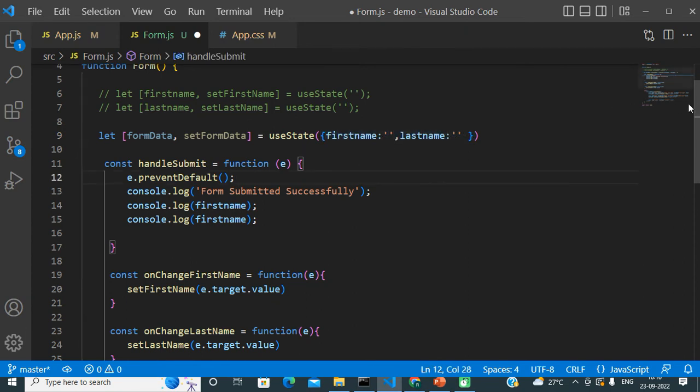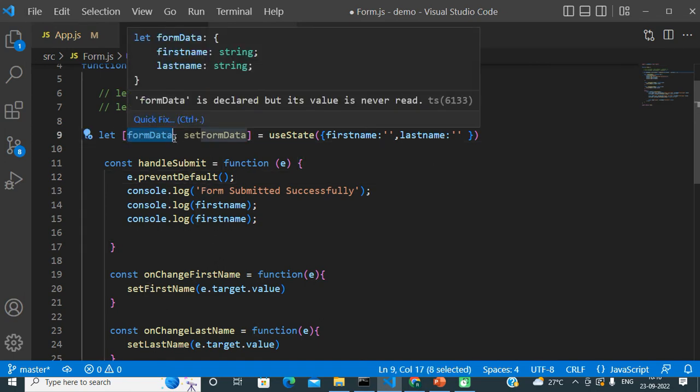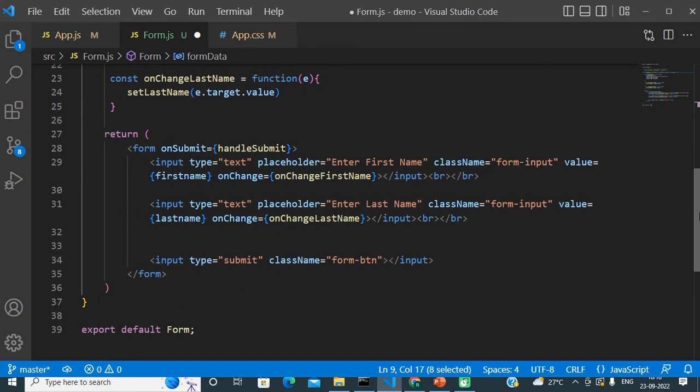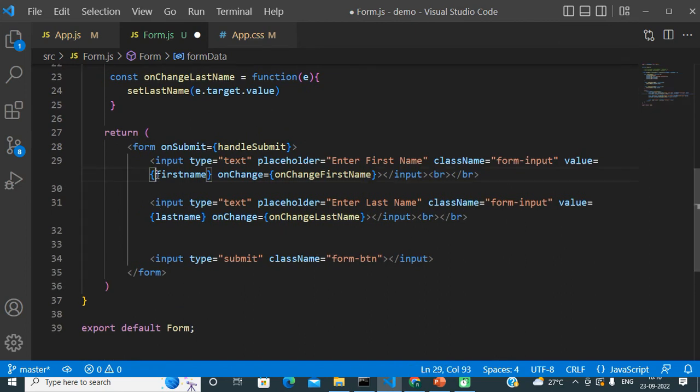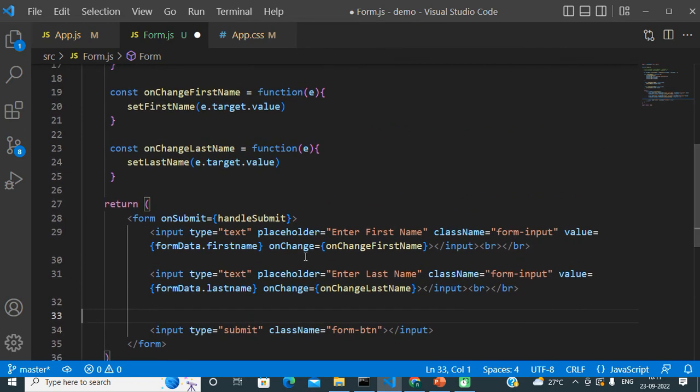Okay, now with complex data type. So now what changes will I need to make? I will need to change these values to form data dot first name and form data dot last name, form data dot first name, form data dot last name. And the second thing is that after entering values into the input box, we need to update our component